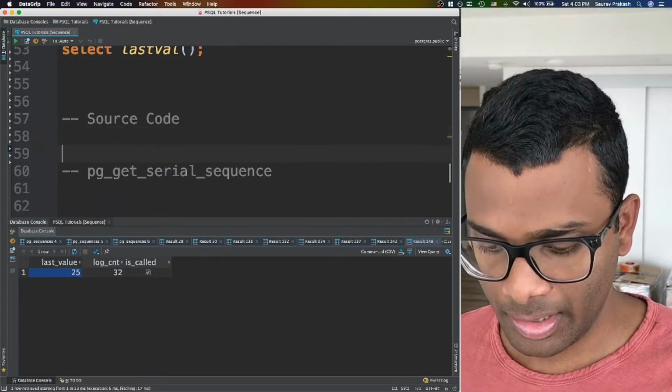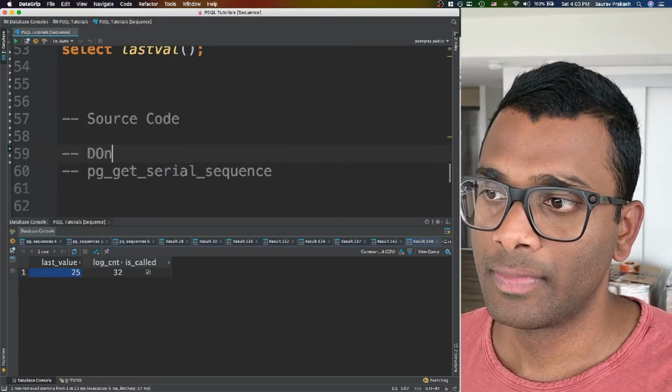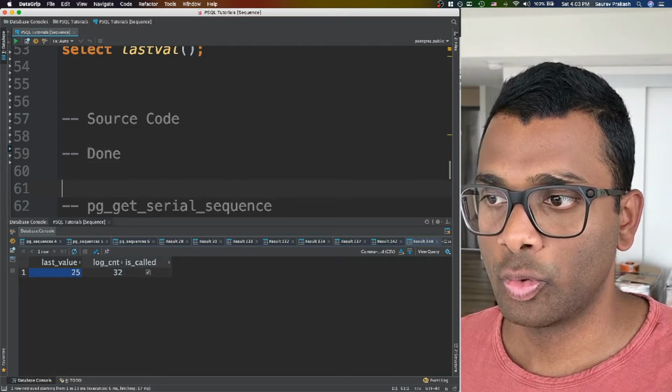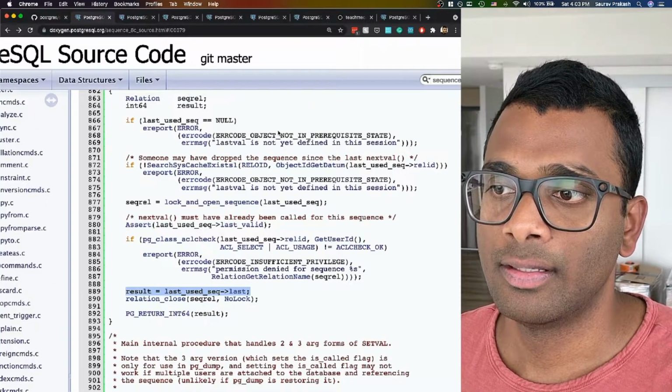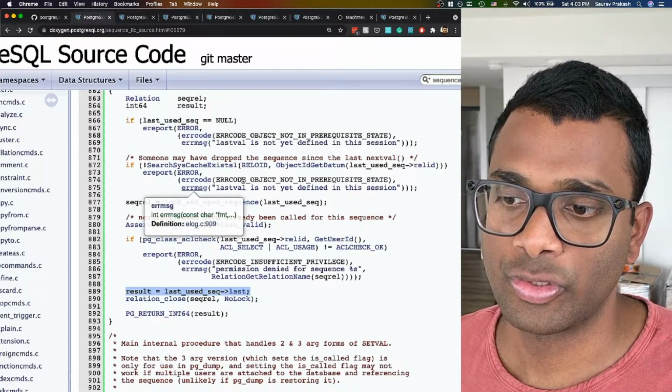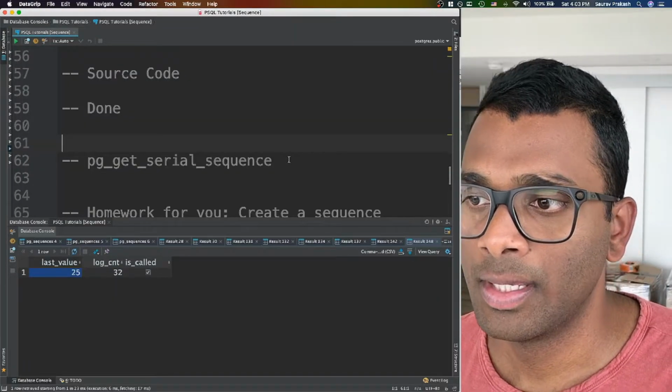So we already took a look into the source code as well, and I'm going to add the whole source code so you can also take a look into it. If you want to